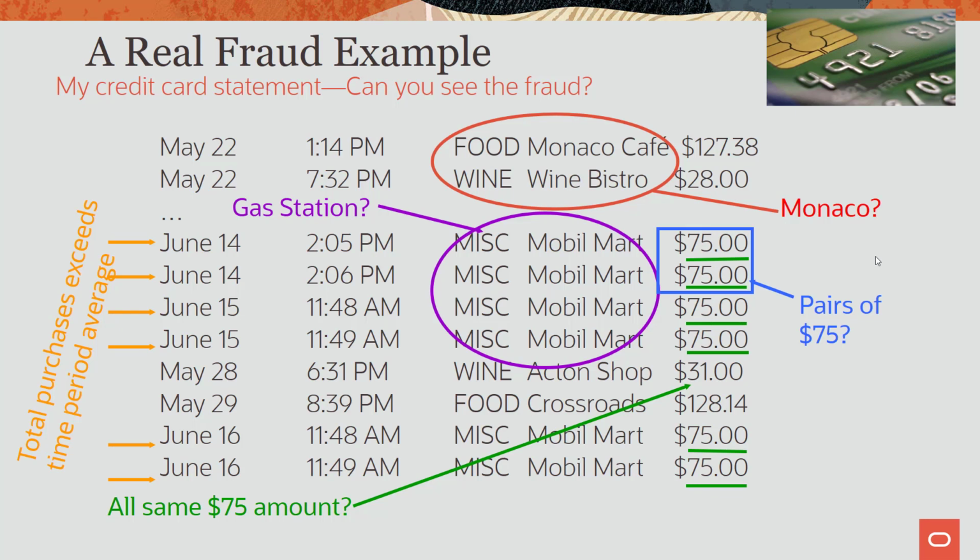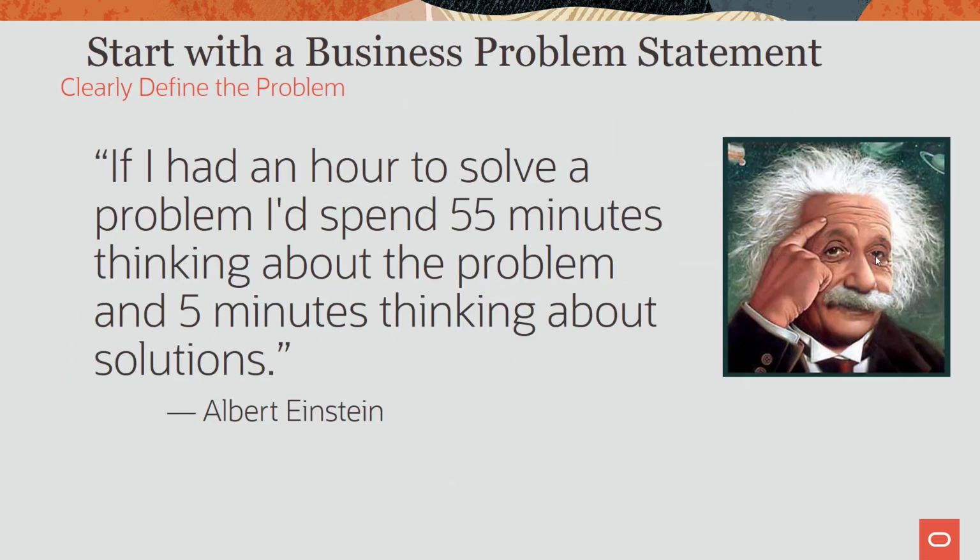I could derive some very clever, what we call engineered features, as clever inputs to the machine learning algorithms to try and capture and find this fraudulent behavior. So this is a typical example of how you tackle or solve a fraud problem. And it leads into this other statement by Albert Einstein that I always like to refer to because I think